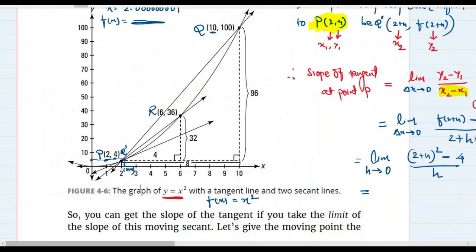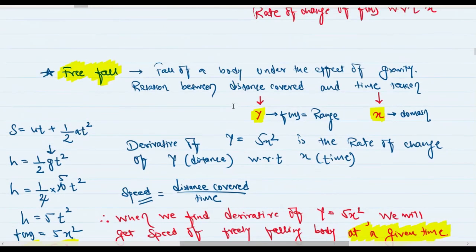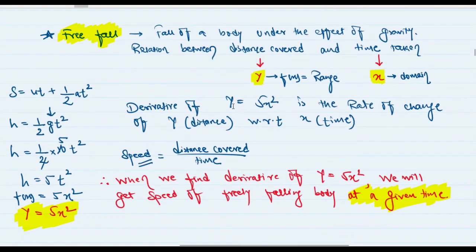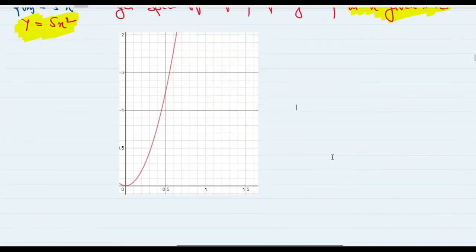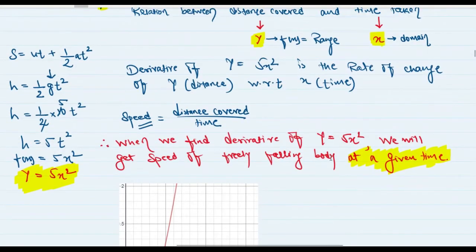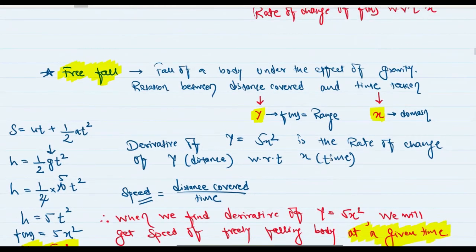Okay. So now using the same principles, using the same concept, can we find the slope of that real life example which we took of free fall? Can we find the slope, or you can say speed, of a body which is falling down? Yes, we can do that actually. Let me get the graph for you. So you must be thinking that in the previous example which I took, I somehow found the derivative of the function, and